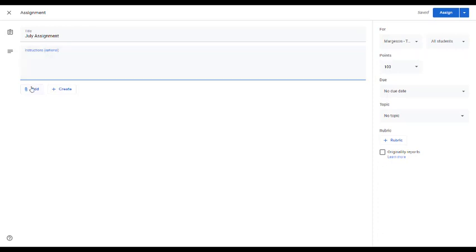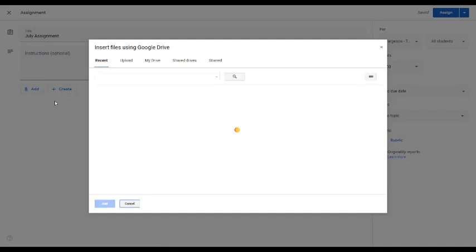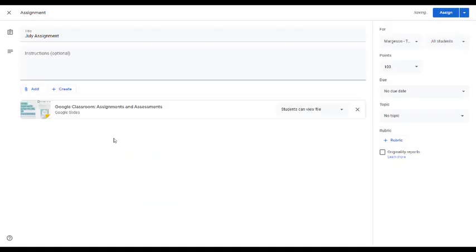Then right underneath that, I'm able to add or create items that will go with this assignment. If I click Add, I'm able to add Google Drive items, a link, a file, or a YouTube video. I'm going to choose a Google Drive item. So now that I've chosen my Google Drive item, you'll notice that it tells me the name of the slideshow